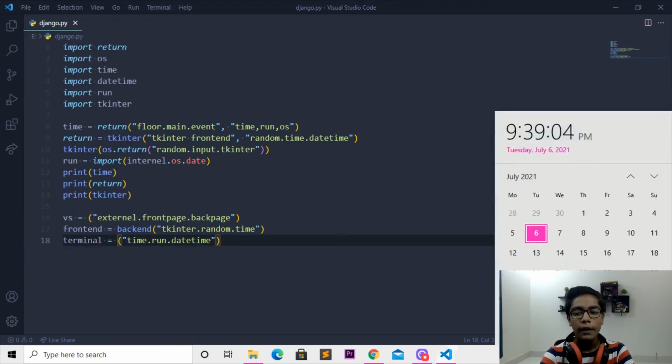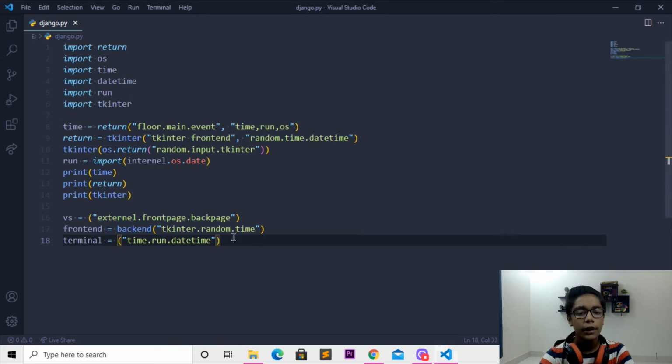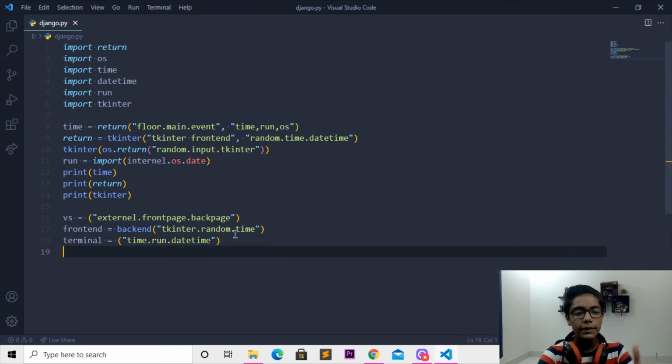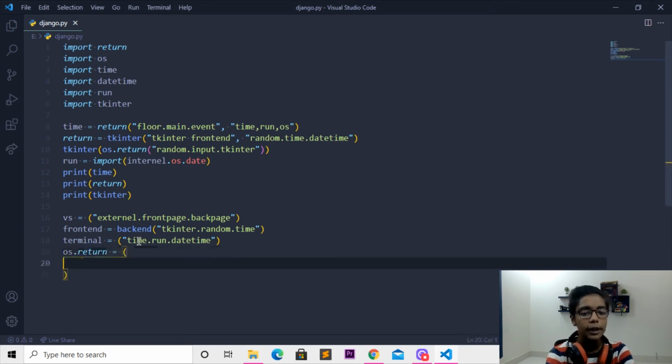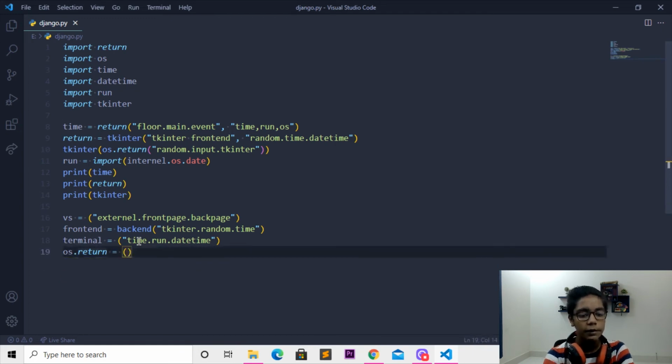Now I'll move down again, and you can see we have done all these things. When you're done with that, here I will write a tag, os dot return. Now I'll make a equal to, then press backspace again, and then write return dot